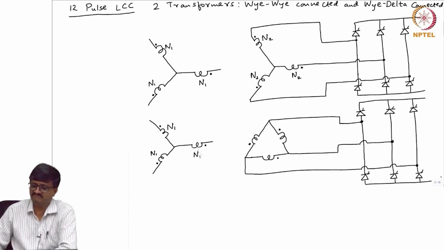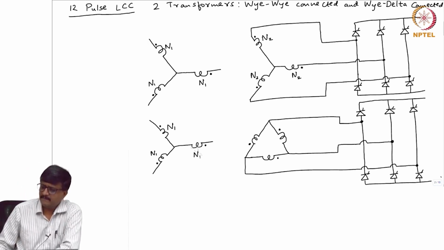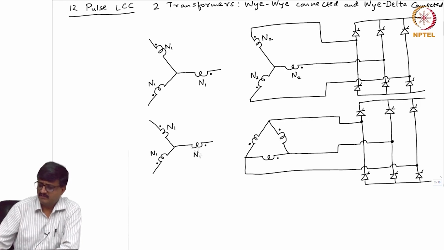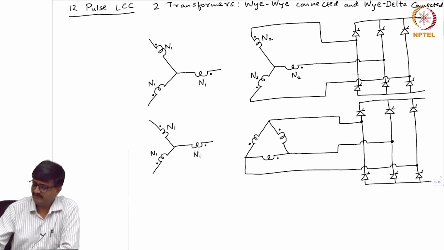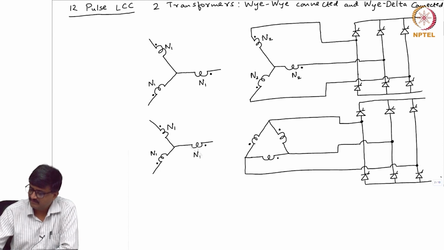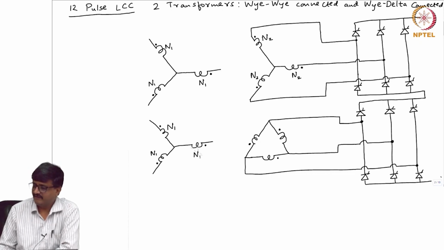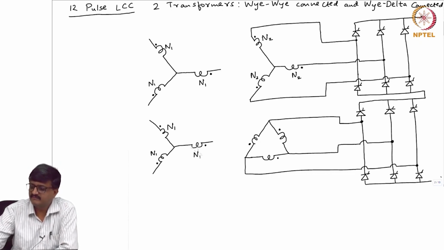And there are two DC sides corresponding to the two 6 pulse LCCs, what we do is we connect the negative terminal of the first 6 pulse LCC to the positive terminal of the second 6 pulse LCC. So, finally, we get only two terminals here